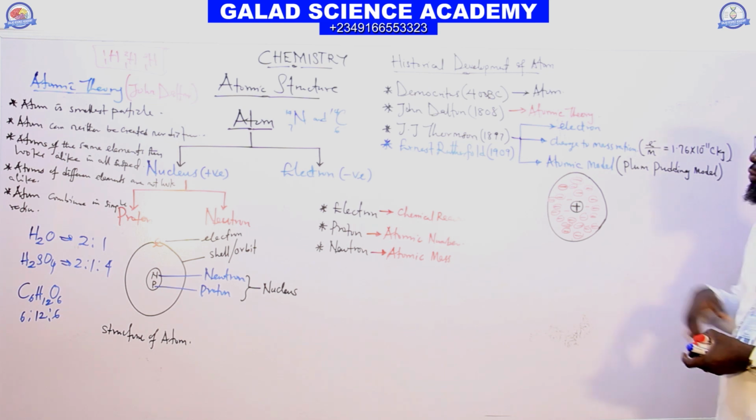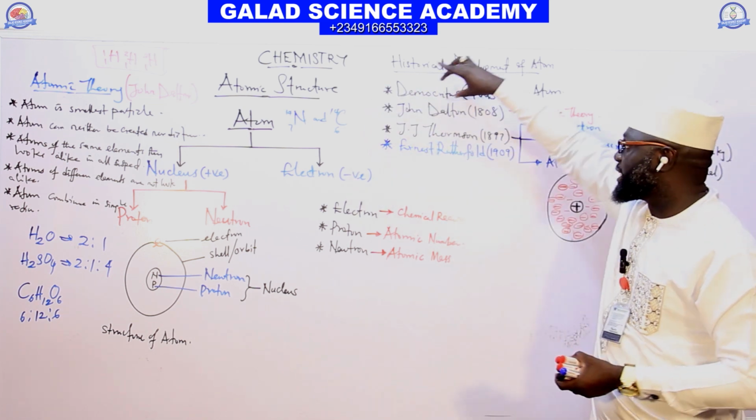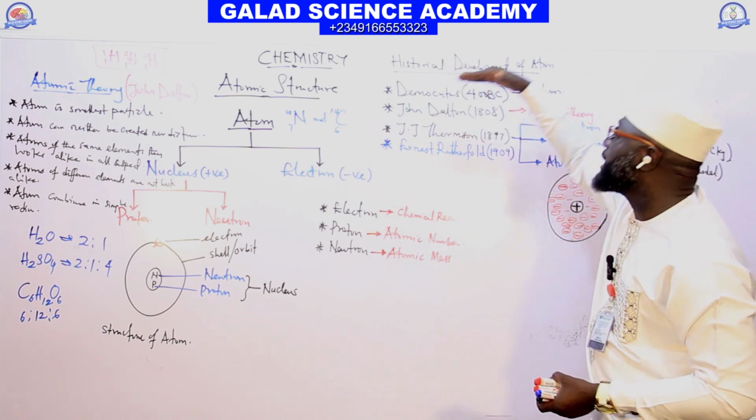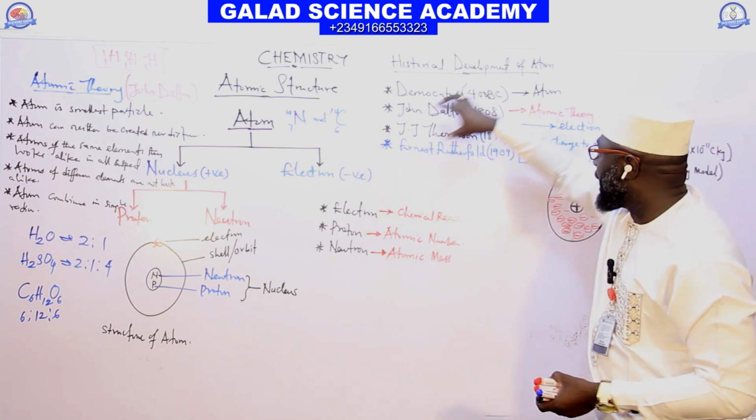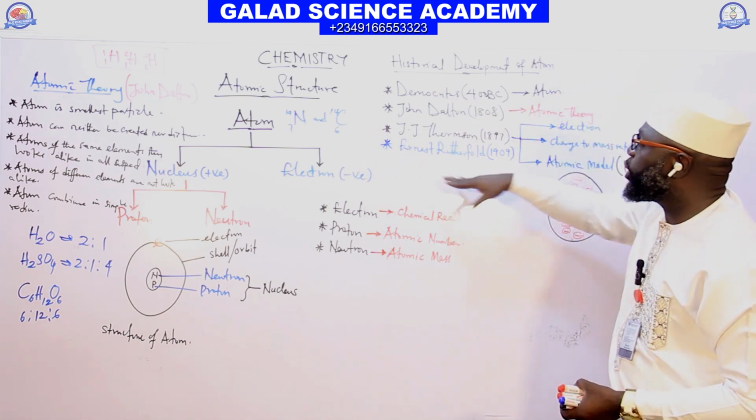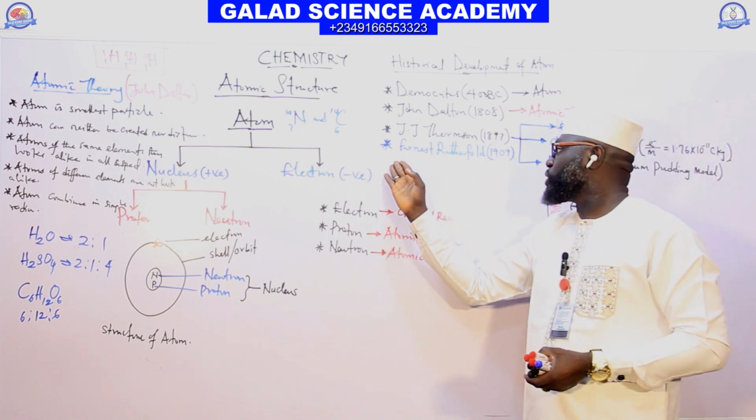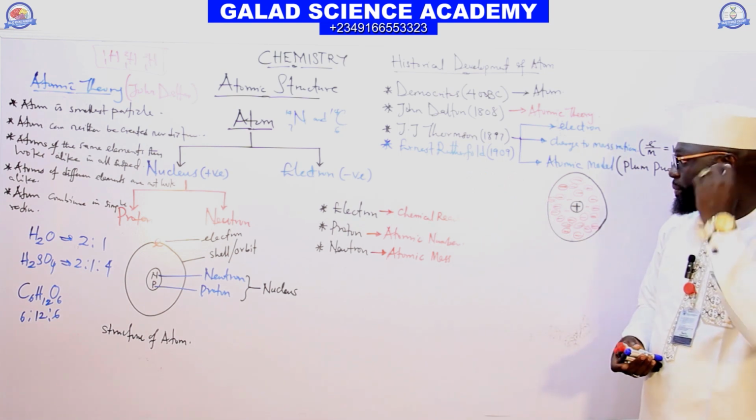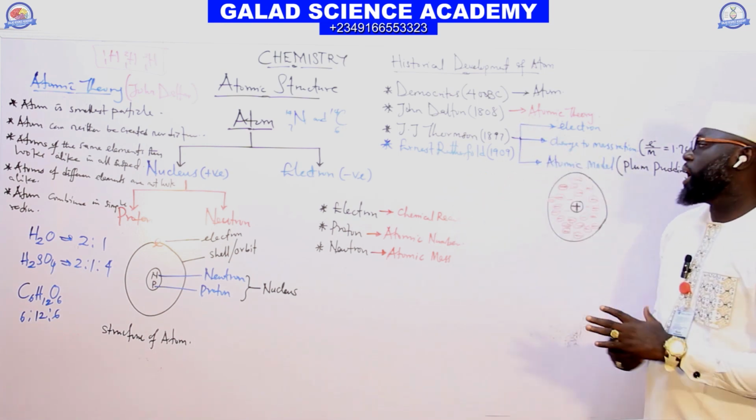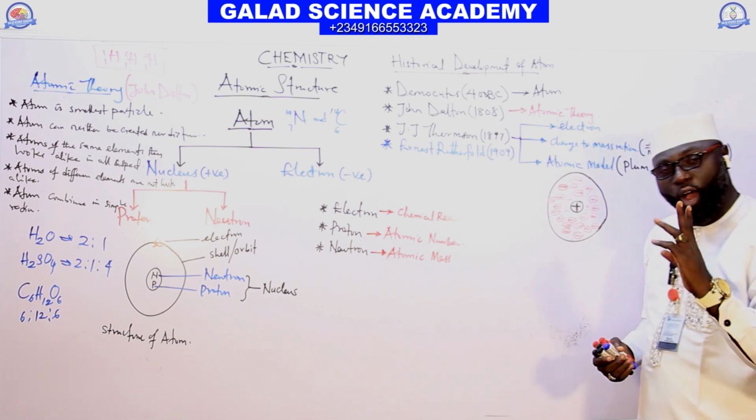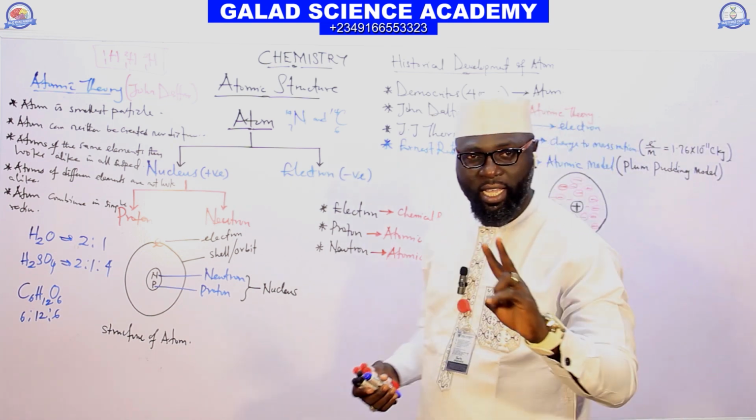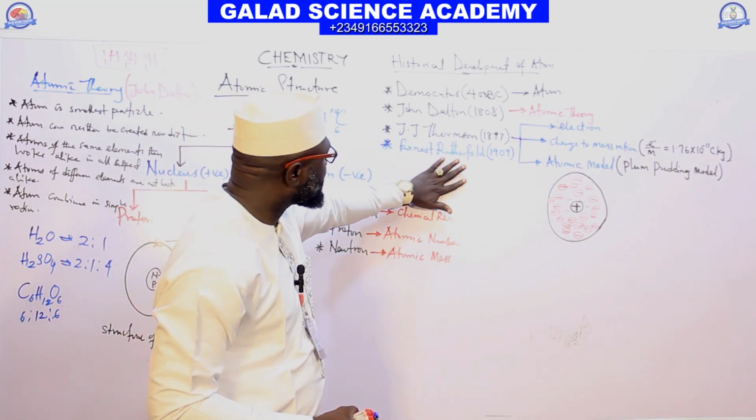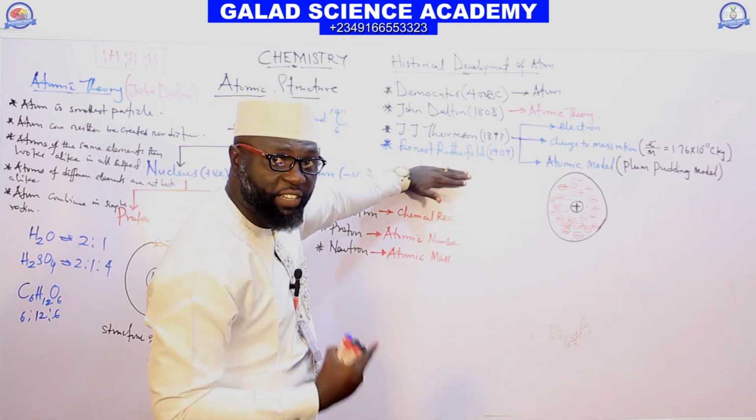So I said the first person that discovered the atom is Democritus. Atomic theory by John Dalton. The electron and charge to mass ratio by J.J. Thomson. And the next person is Lord Rutherford. Rutherford has two basic contributions in the atom. The first contribution of Rutherford in atomic development is